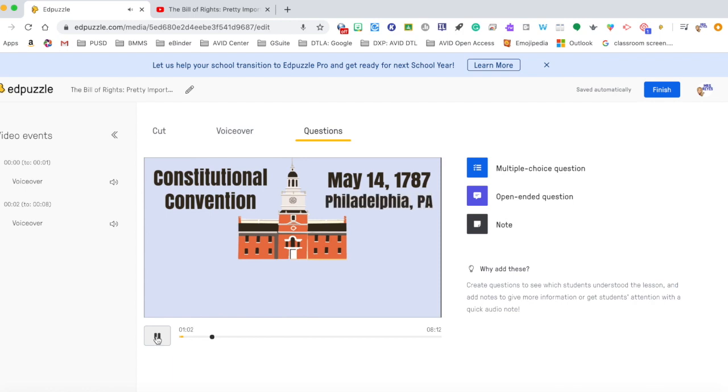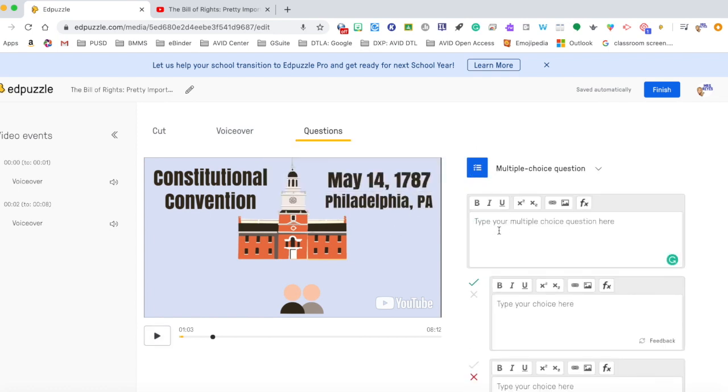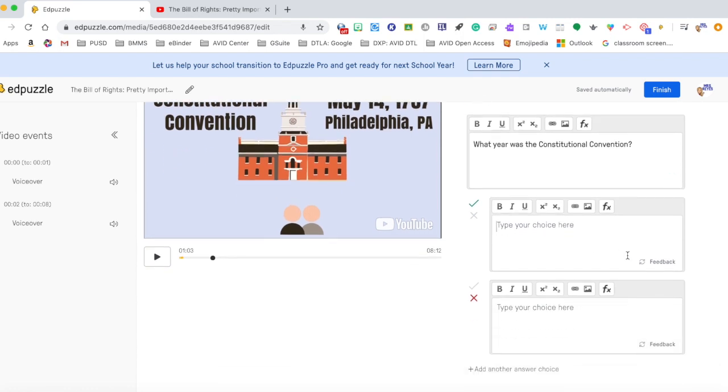1787 in Philadelphia, Pennsylvania. Okay, and maybe right there we say, okay, I really want them to know the date of this. So we ask a multiple choice question and we say, what year was the Constitutional Convention? And you can put your options. You can add in however many